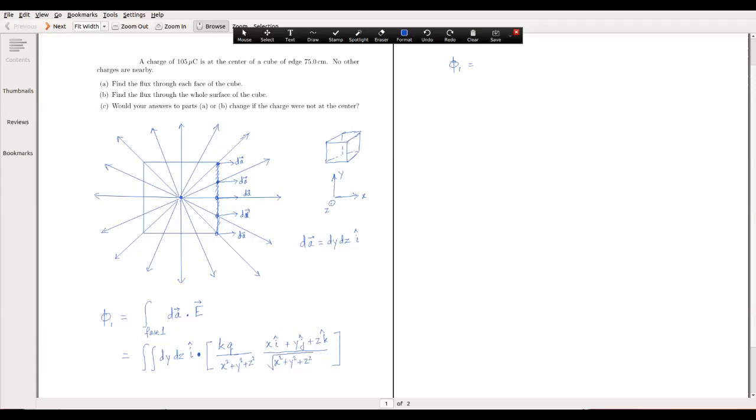So I have two integrals to do, dy and dz. i hat dotted with i hat is one, and the integral I'm doing is kqx divided by, note x is fixed, the integral is over y and z so x doesn't really care, x squared plus y squared plus z squared to the power 3 by 2. And this is on face one,